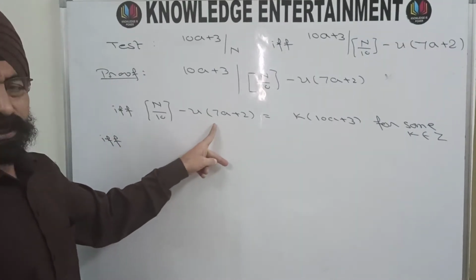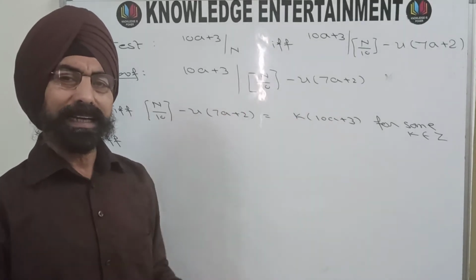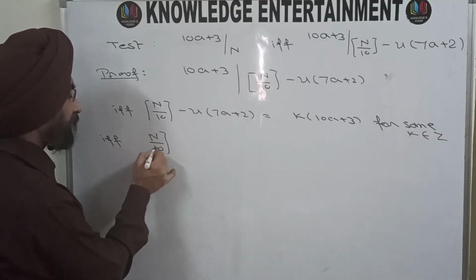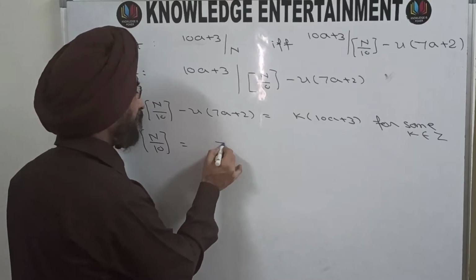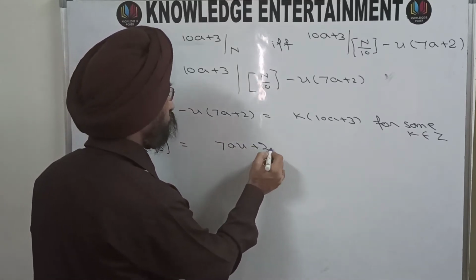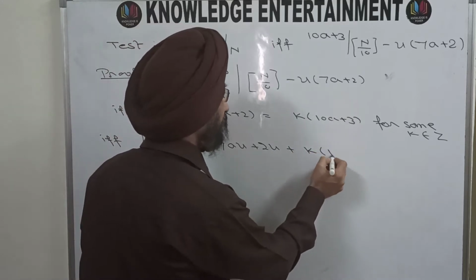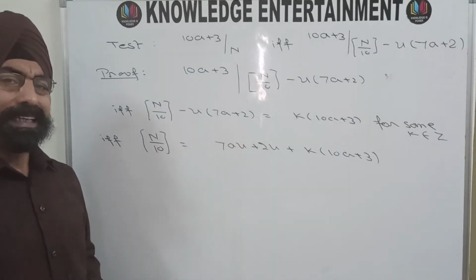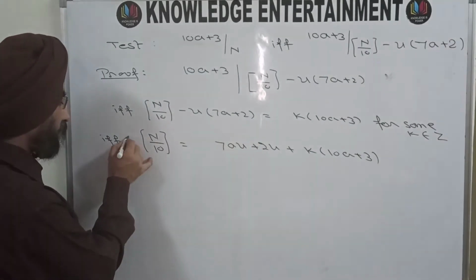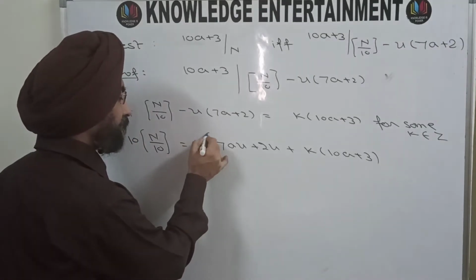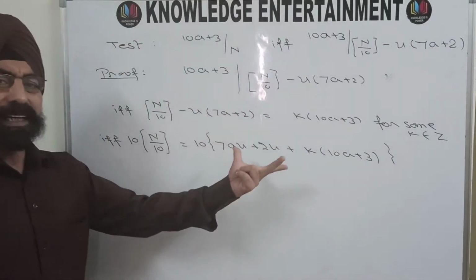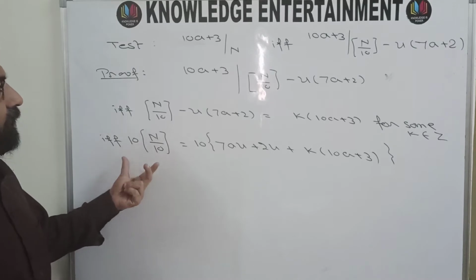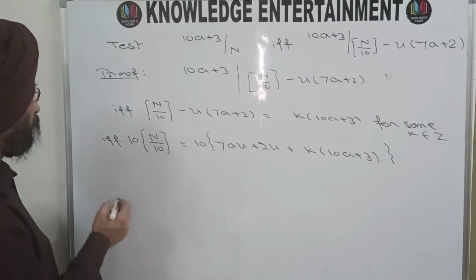we take this u times 7a plus 2, which has a negative sign, onto the right hand side and open all the brackets. So what you are going to get is the greatest integer function of n by 10 is equal to 7au plus 2u plus k times 10a plus 3. Now multiply both sides by 10. Multiplying both sides by 10, you will get 10 here, you will get 10 here. Open the bracket on the right hand side with this 10 and add u on both sides. Add u to both sides. So this will be if and only if